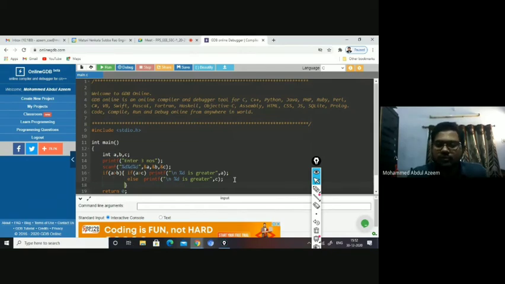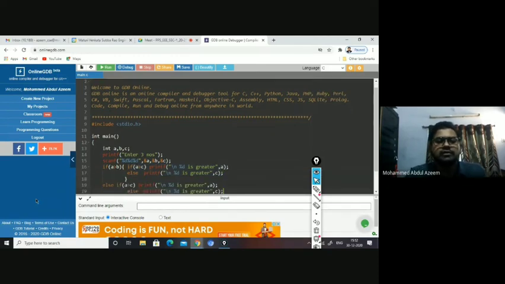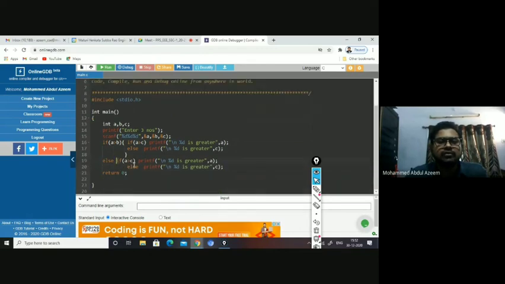Then the outer else. So in the outer else, I'm having another if else, right? Yes or no? So if you want, you can have braces, otherwise also not required because it's a single statement.